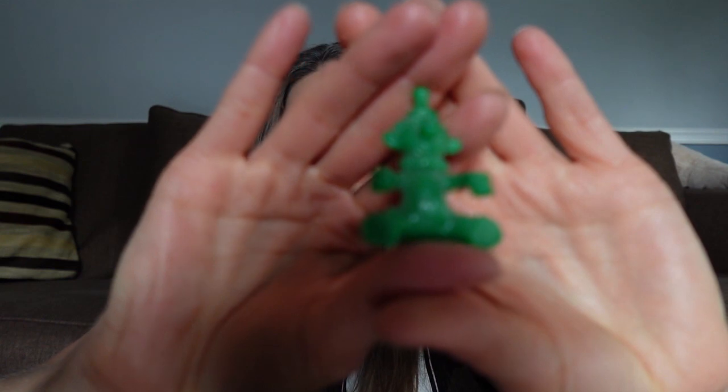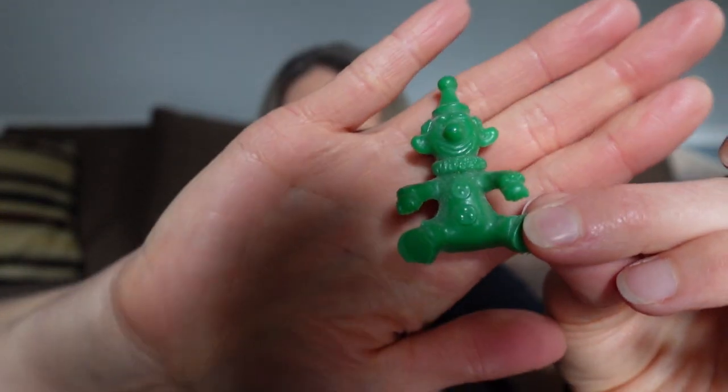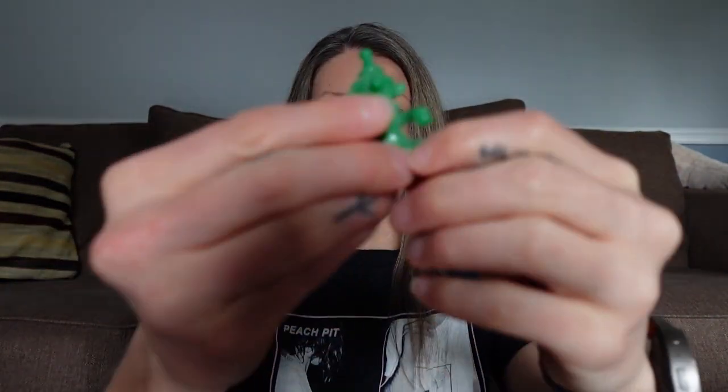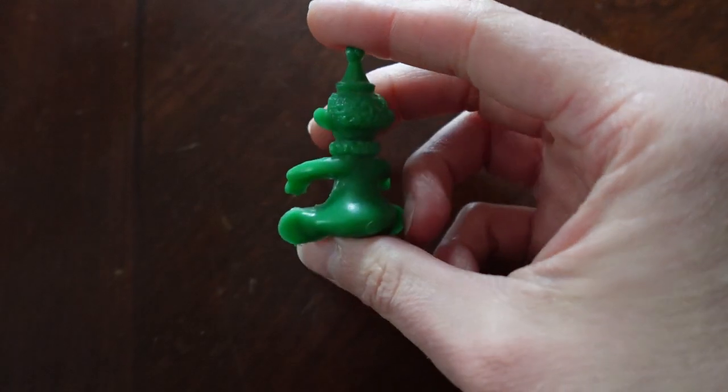All right, the next ones are really random little things. Which one to start with? Okay, I'm going to start with this one. He's dusty, he's weird, and someone correct me if I'm wrong, because this is the memory that I have. Okay, it's this little, can you see him? It's this little clown. I already realize I have to get up. Okay, I'm back. So it's this little green clown,